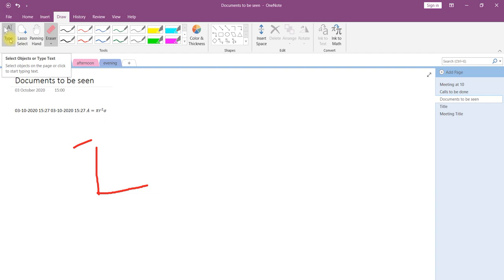Here, the object is type text, in the sense of coming back to typing. If you selected a pen and would like to come back to typing, you have to select this one. The panning hand is nothing but a way to move your page up and down. To move your page like this, we use the panning hand.